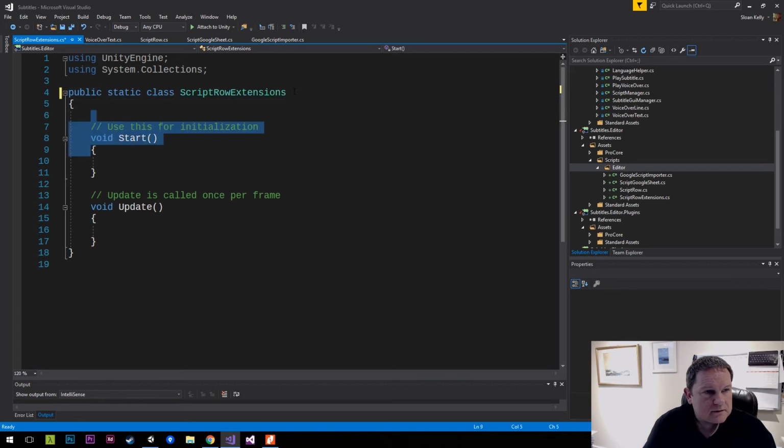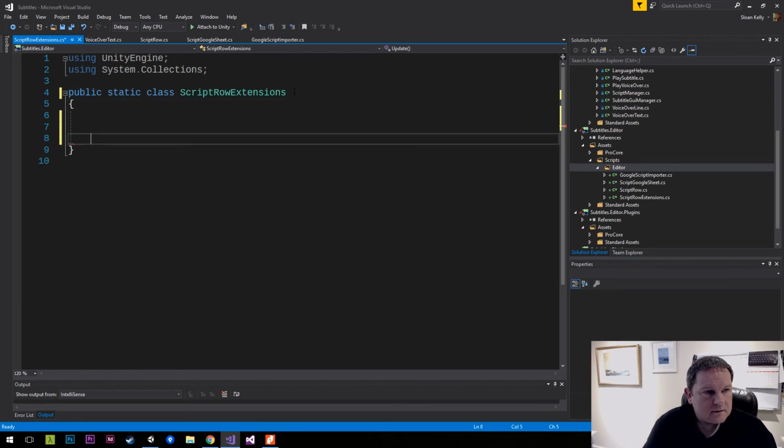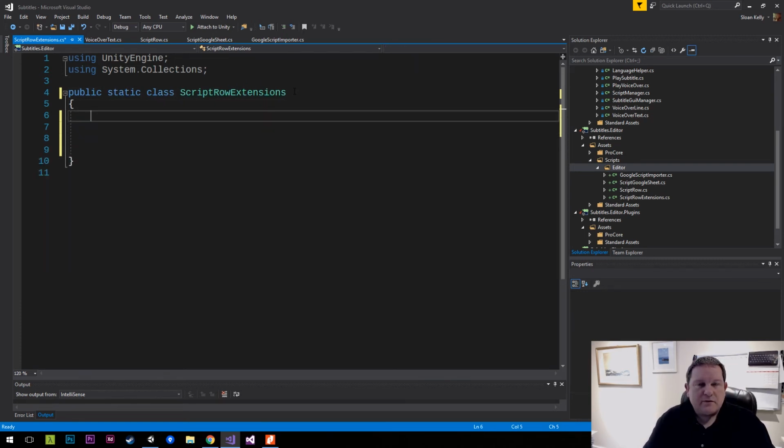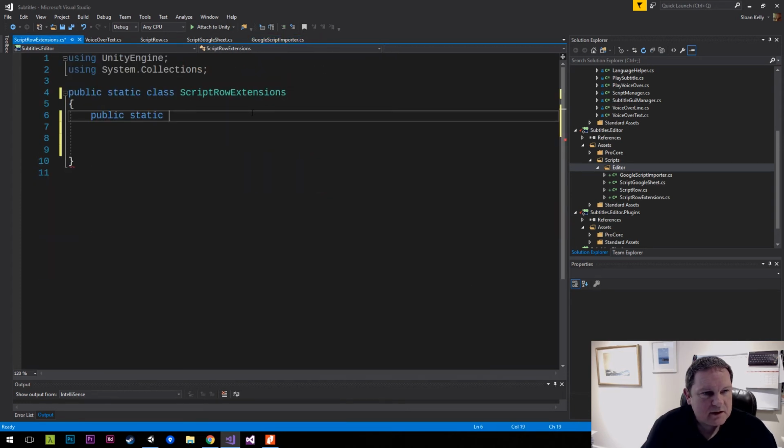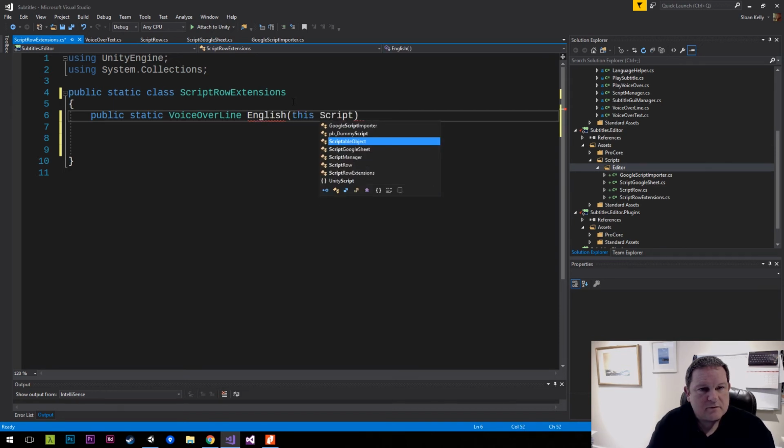Static class. I think I'm going to do 3 for the languages. Sorry. Public static. What type is it? Voiceover line. Voiceover line. Create. Actually, let's do English. This script row,